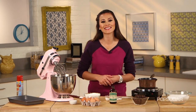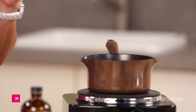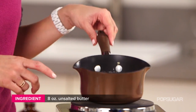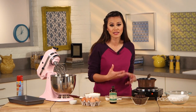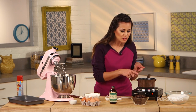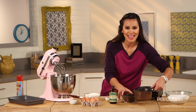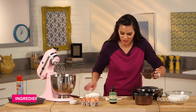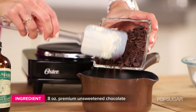All right, so first you're gonna start by preheating your oven to 375 degrees. Next, melt the butter in a medium saucepan over a medium-low heat. Now you want the butter to really get hot because this is what's gonna melt the chocolate. So just when it starts to sizzle, I'm gonna take it off the heat, and then I'm gonna add the chocolate. And you just wanna make sure that all of the chocolate gets submerged into that butter so that it